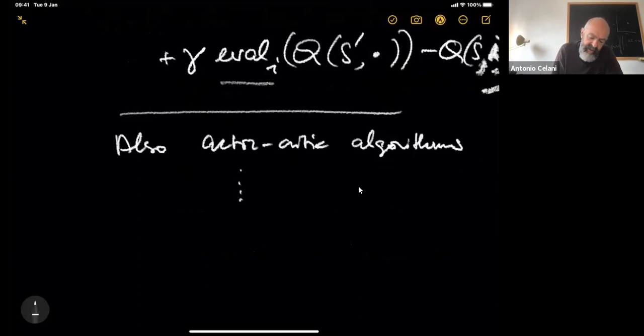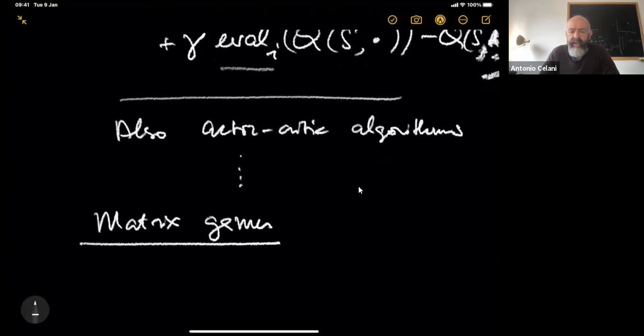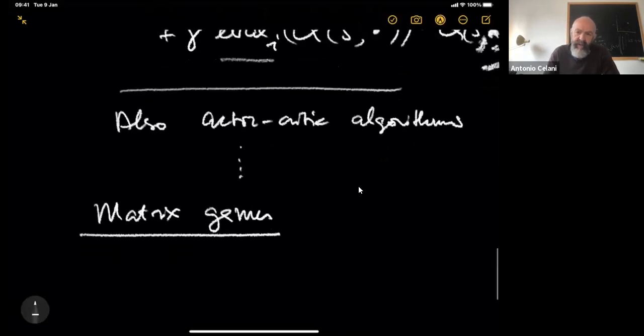And this situation is what happens when you have the so-called matrix games. So what are matrix games? In a sense, these are the equivalent of the bandit problem for multi-agent systems. Okay, so